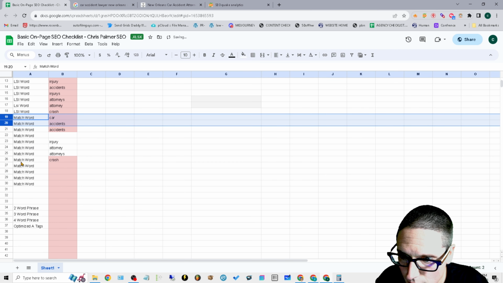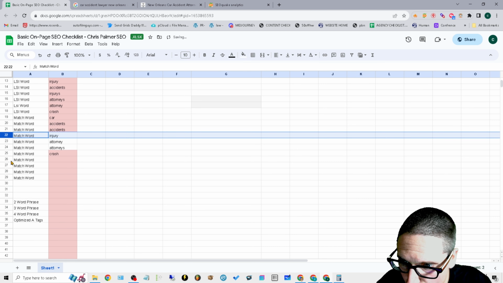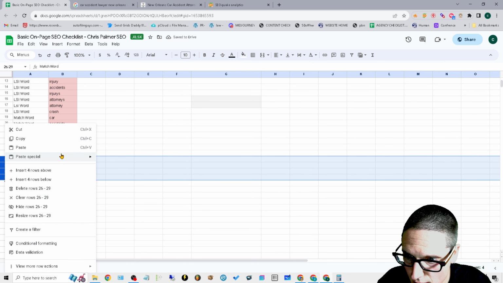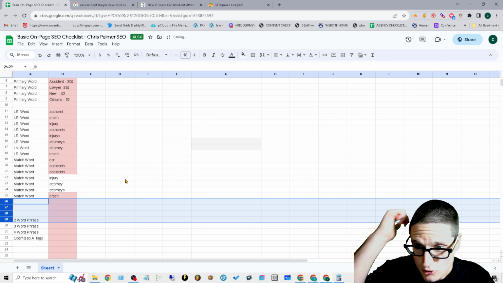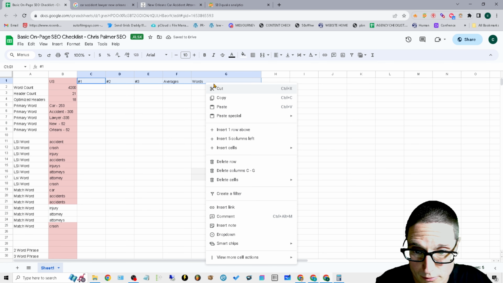Delete rows. All right. Match word, delete row. Okay, and then we're going to get rid of this. We'll clean this up, delete row. All right, so now I'm going to come in here and come up with my list here. Move these over, cut,